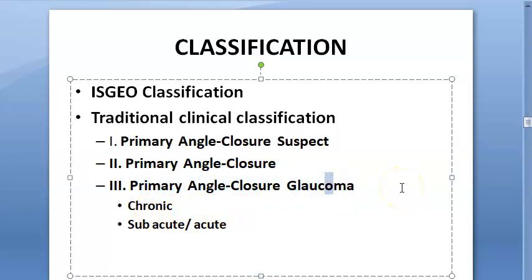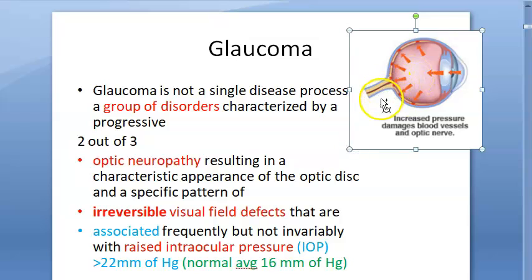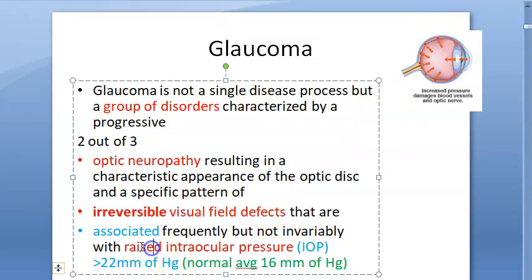It will have optic disc changes and it will have visual field defects, right? That is what glaucoma is. In this again you have two types, chronic and subacute. Chronic is common, okay? So the angle is slowly closed for a long time and the person will land up in angle closure glaucoma. Subacute, acute, suddenly the angle will close and they will have glaucoma. So what is glaucoma? It is optic nerve change, visual field defects basically can be associated with raised intraocular pressure,